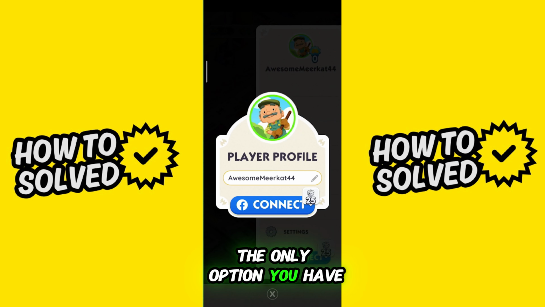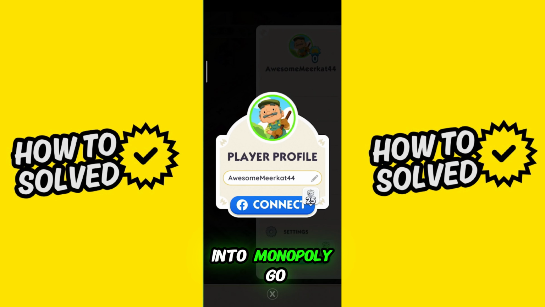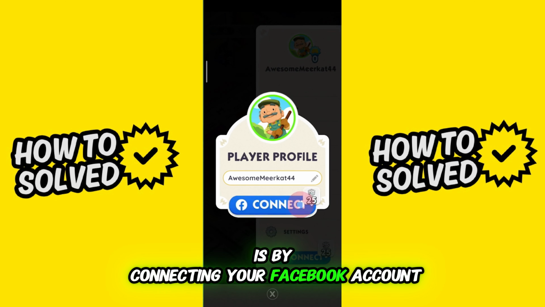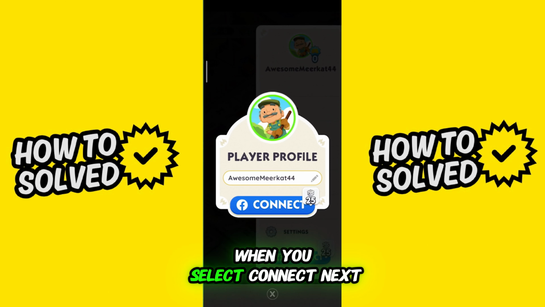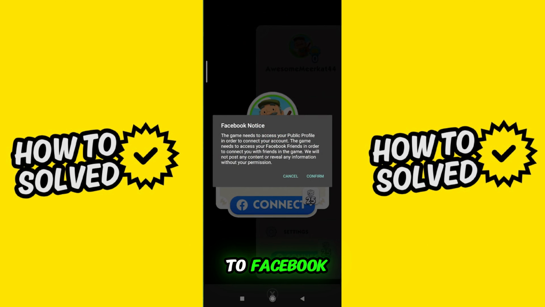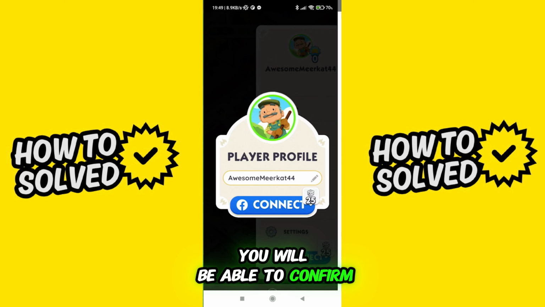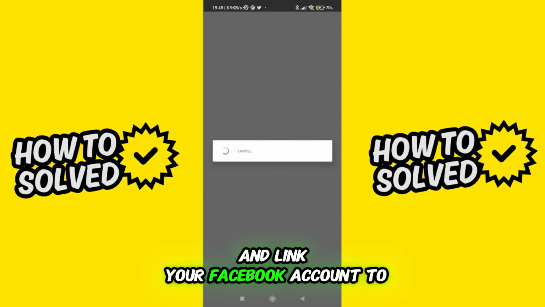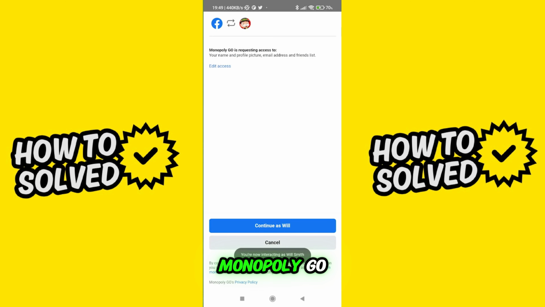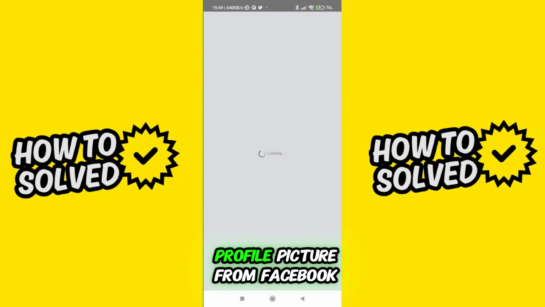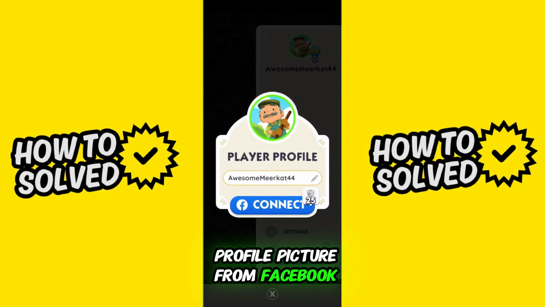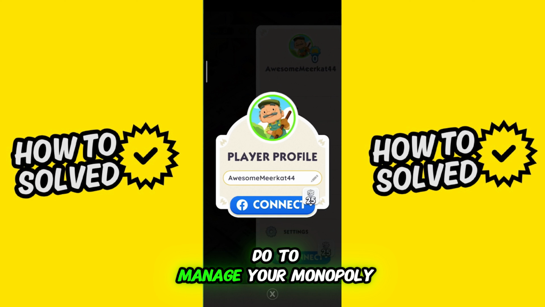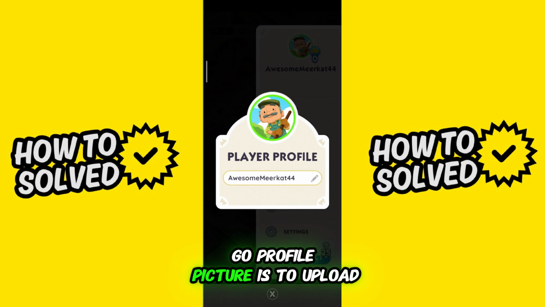The only option you have to upload a picture into Monopoly Go is by connecting your Facebook account. When you select Connect next to Facebook, you will be able to confirm and link your Facebook account to Monopoly Go. Monopoly Go is going to import your profile picture from Facebook, so all you have to do to manage your Monopoly Go profile picture is to upload the picture that you want to use on your Facebook account and